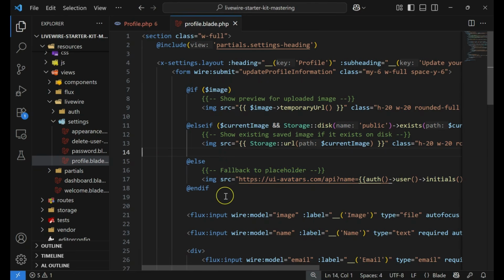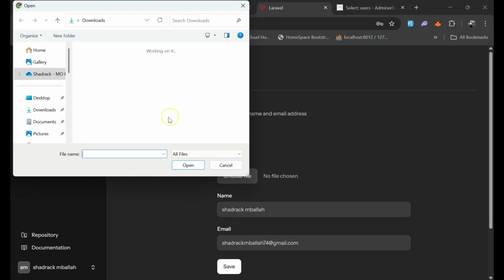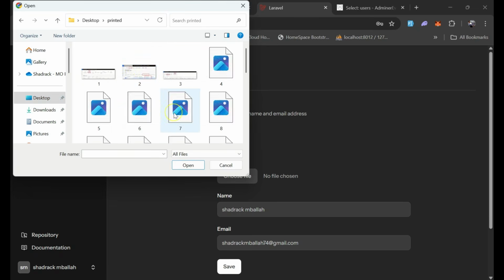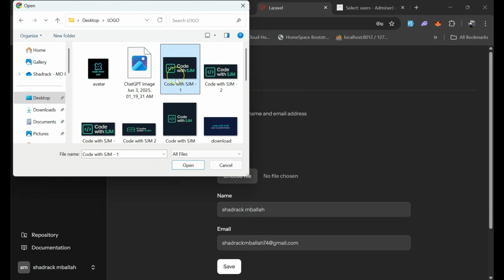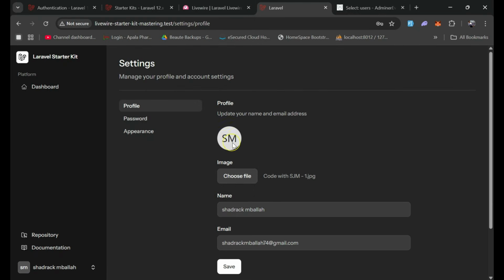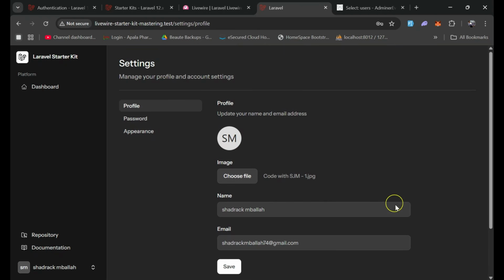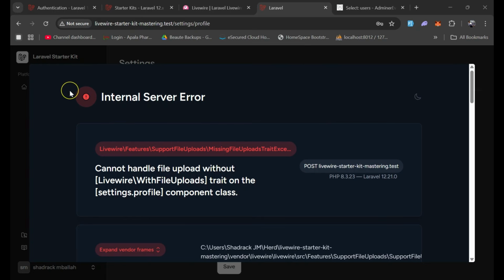Okay, so now we need to be able to upload our image to our database. How we are going to do that: when the user selects an image here, like this, and then selects any of the images, for example this one. So here, you can see we got this error, because we didn't add the